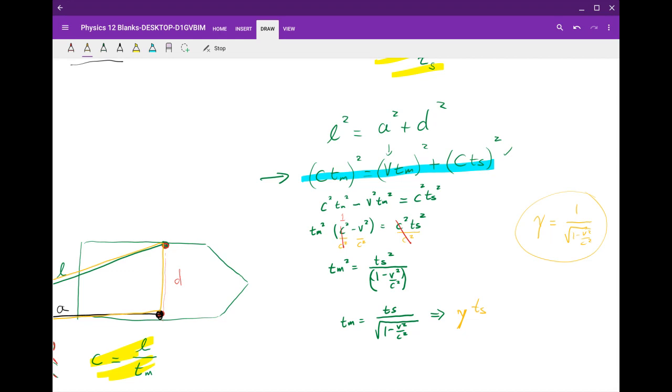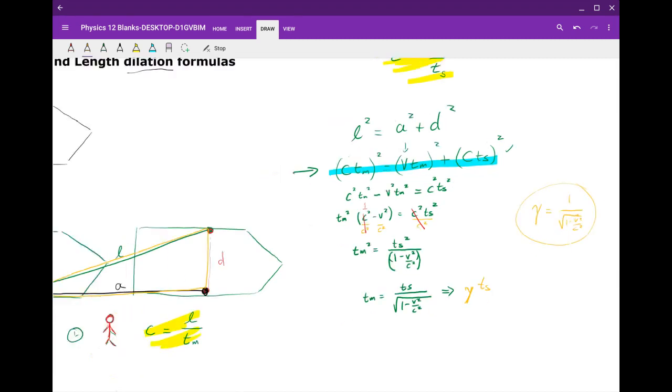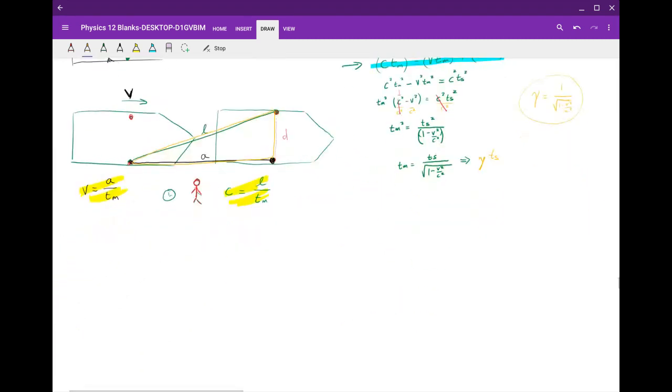So now, essentially, what I want to do is have y'all go through the length formula. We'll also go through the length contraction formula. All right. So this is the time dilation formula. Okay. And then also the implications are here that